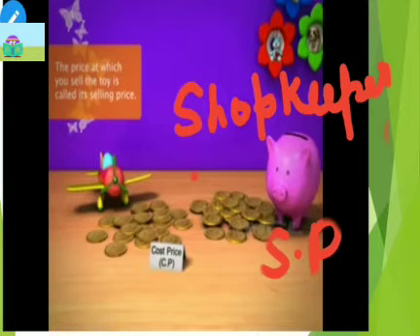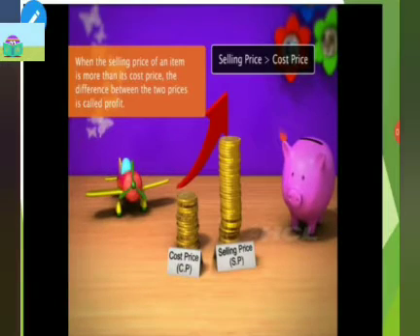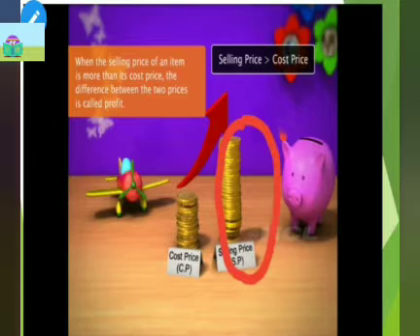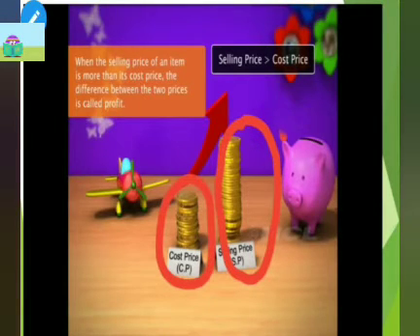In between the cost price and selling price, a margin is there, meaning the money the shopkeeper earns is known as profit, and sometimes it happens that the shopkeeper has to face some loss. So what is profit? When the selling price is more than the cost price. If you see here, the selling price is more and the cost price of the article is less. In such a case, when the selling price is more than the cost price, we say the shopkeeper has incurred a profit.